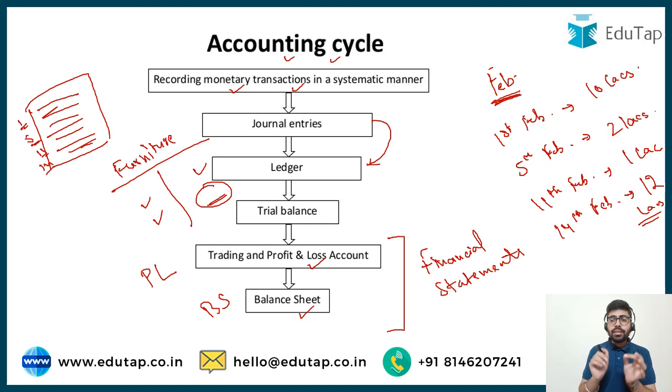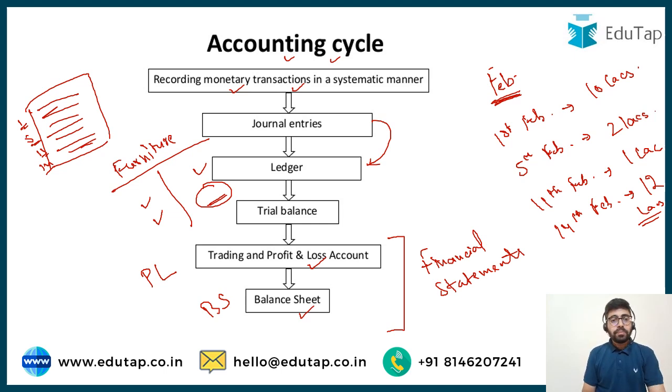Every transaction would have certain accounts which are being impacted, and in those accounts we are also going to record this particular transaction. If you are using accounting software, you only have to make an entry in the software and all the steps are done automatically. You do not have to do anything. You just have to make a journal entry and your financial statements are ready then and there. So this ledger and trial balance are just for those who are doing manual accounts, which as of today,